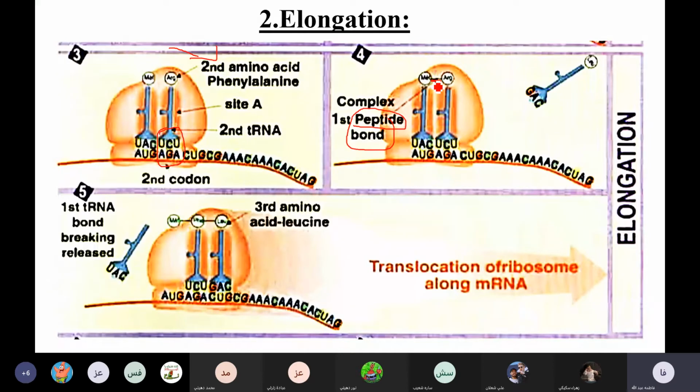So the first step: the specific transfer RNA binds to the messenger RNA at the second codon, filling the A site. The second step, the formation of the peptide bond between two amino acids. Now the third step